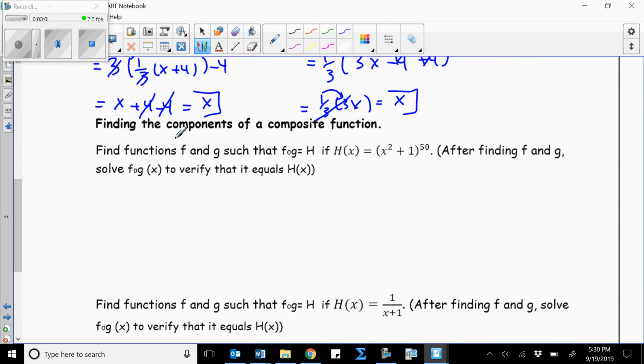The next part of the lesson is finding components of composite functions. So far we have learned, if we have g and f, how to compose them and find g of f. But this time we already have a composite function and we want to find its components. For example, here we have h of x equal to x squared plus 1, to the power of 50. If this h of x is equal to f of g of x,